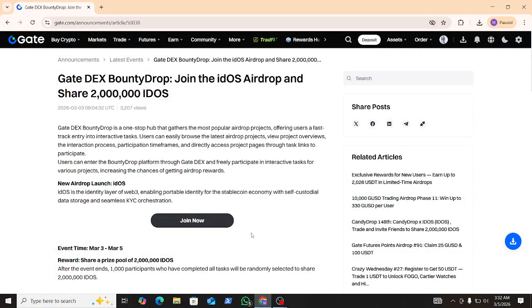Our topic is Gate DEX BountyDrop. Join the IDOS airdrop and share 20,000 IDOS. Gate DEX